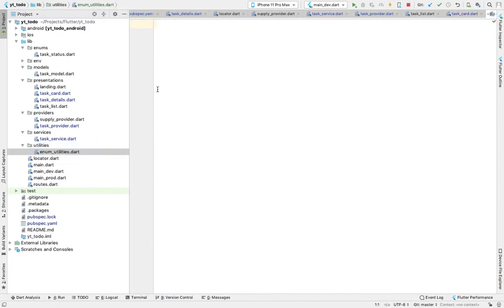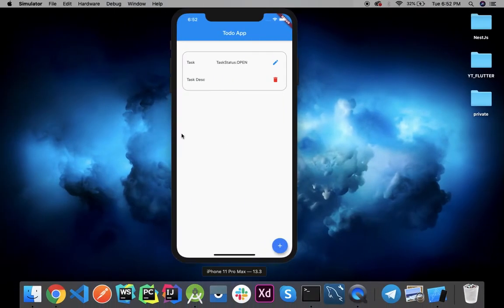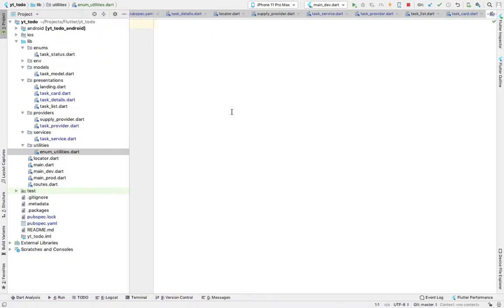Great. So we will create some utility methods to handle our enums, because in Dart enum handling is not quite good, and we will see that once we connect this task to-do app with the REST APIs, then at the backend it will only be open. It will not be like task status dot open. Status is just open or in progress or done. It's not task status dot open. Okay, so let's create two methods.